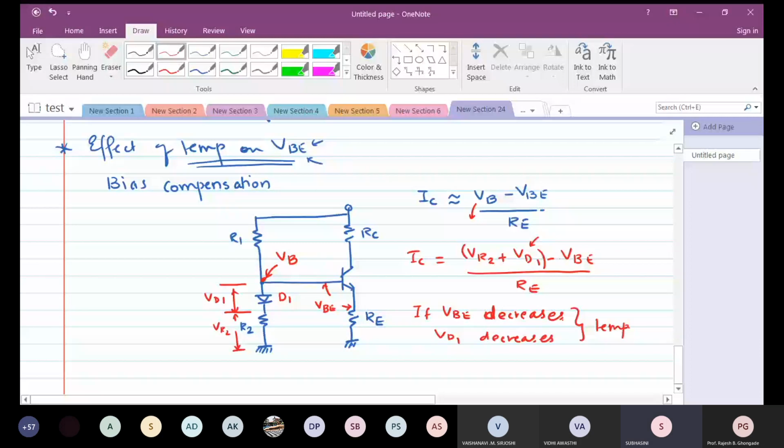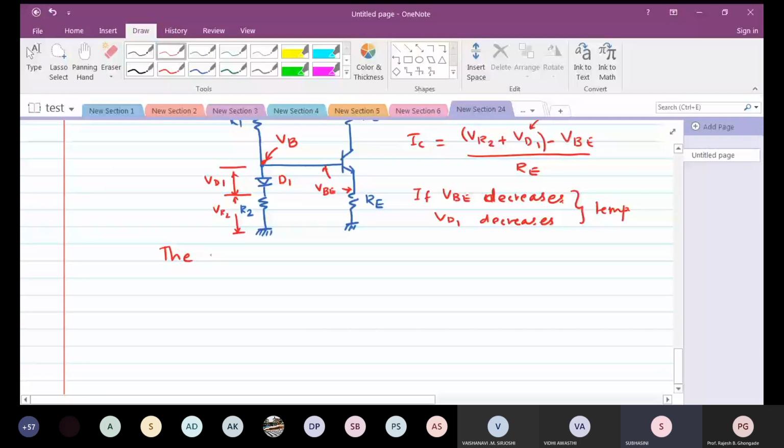Both are changing by the same amount. So what will be the net change? Yes, the net change will be 0. This is very important. What we have essentially done is compensate for the increase in temperature, and that is why we are calling this